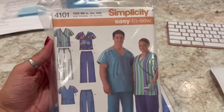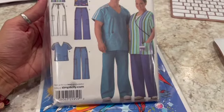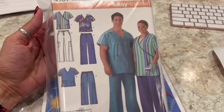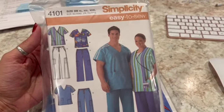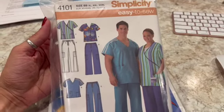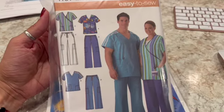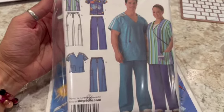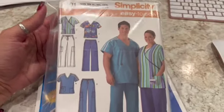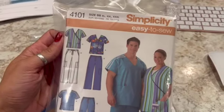And then another one of my favorites, if you've been watching my eBay videos, what I've sold, or maybe even in this video, I love selling patterns. Really enjoy that. I get them for hardly anything, sometimes free. This pattern, I have sold at least one of this before, I think. This one I sold for $9.99. It's brand new. It's pre-owned but factory folded and uncut. So it's just a scrub